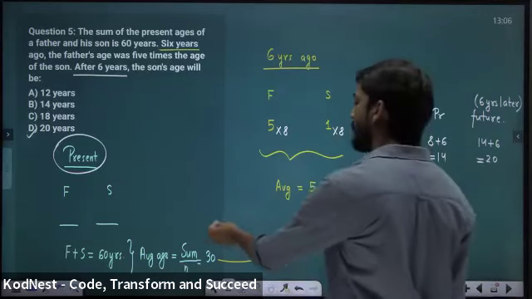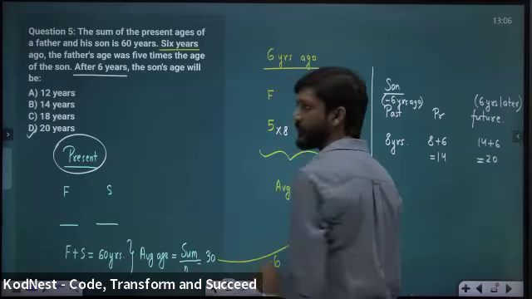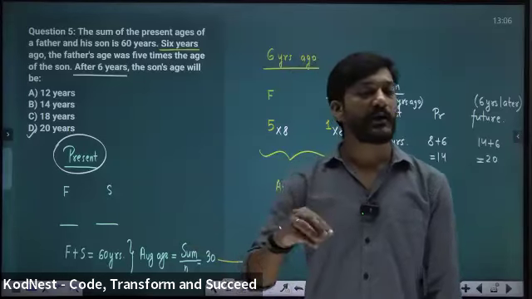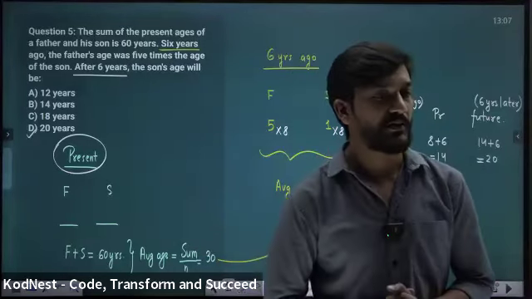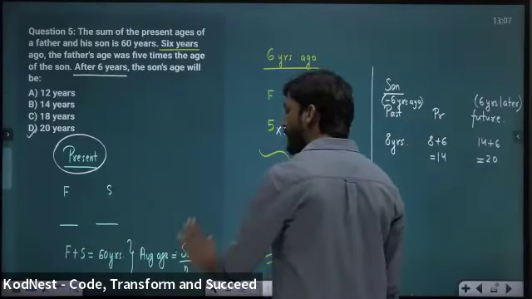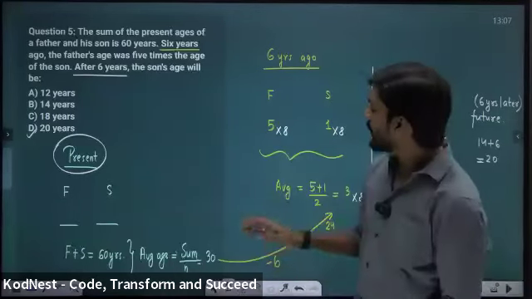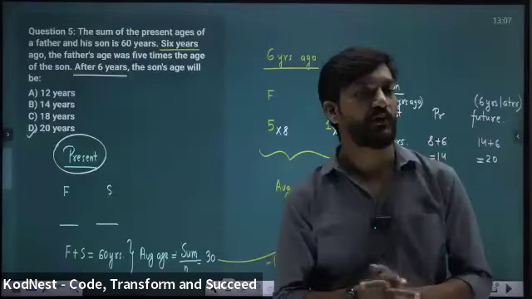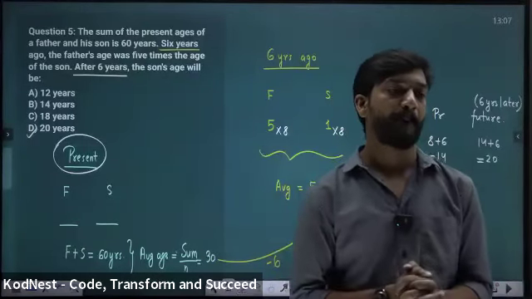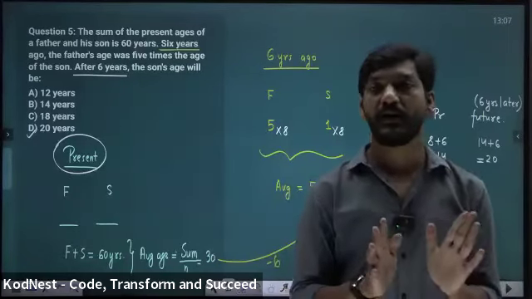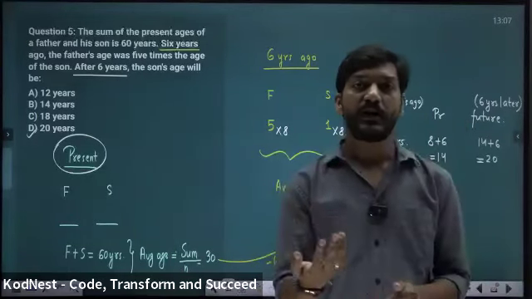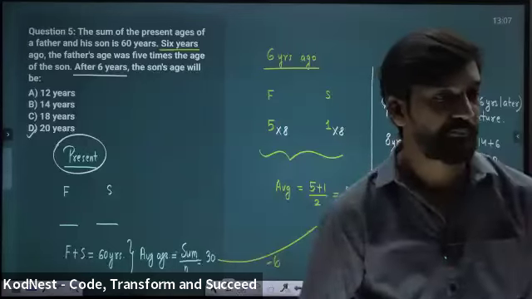Sum divided by the number of persons will be the average age. My dear, average age increases or decreases just like your age. Suppose your age right now is 30. If I ask you what your age was 6 years ago, what will you say? Present is 30, 30 minus 6, so 24. So the average changes just like your age. That is how we have calculated.